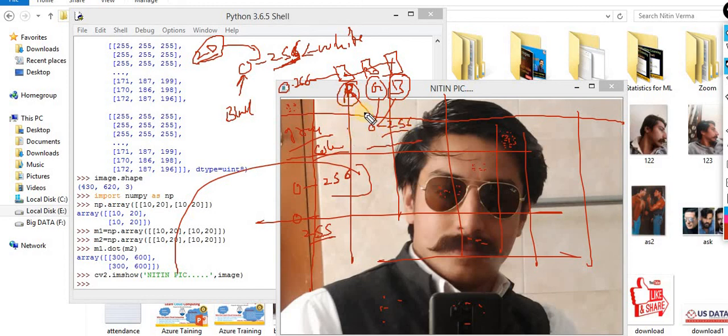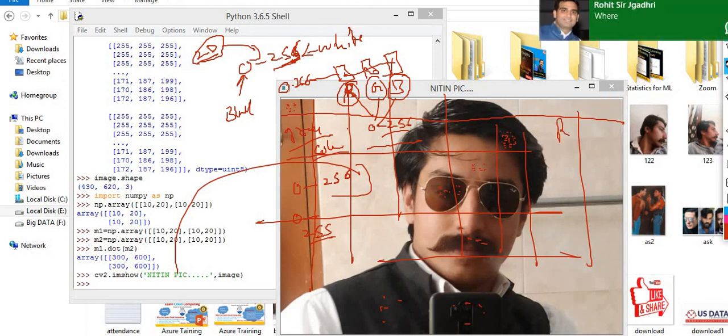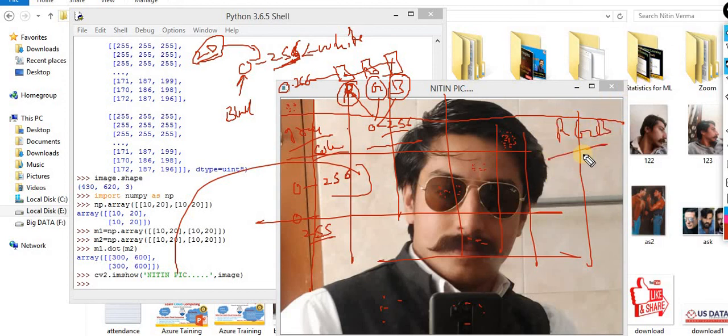If I segregate all these things, one picture is for R, one picture is for G, one picture is for B. If you have seen software, they give you the RGB option: change the density of R, change the density of G, change the density of B. Now the picture will be totally different. The reddish color is more in that picture, and when you change the density of green, the green color is highlighted more. Somewhere you have used this kind of thing, that is the RGB density.